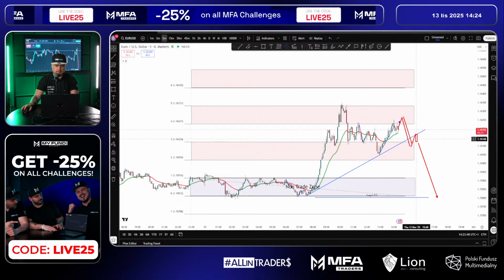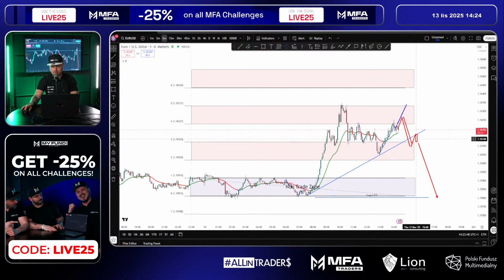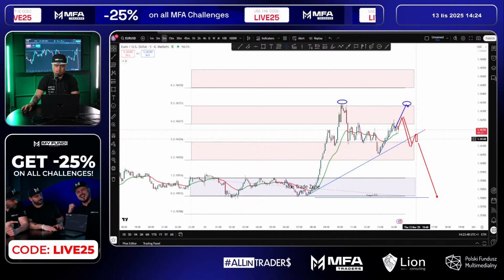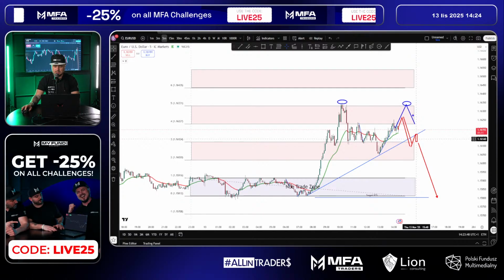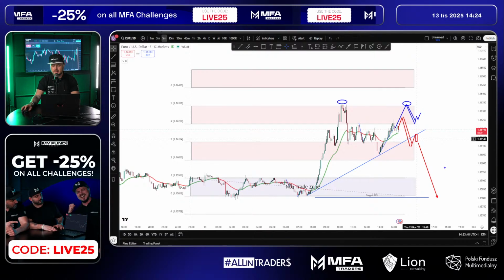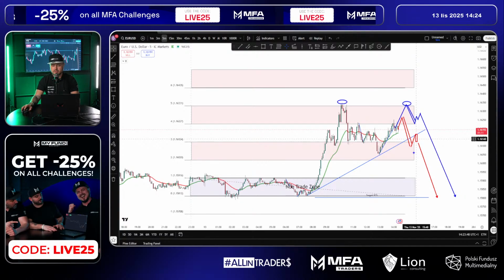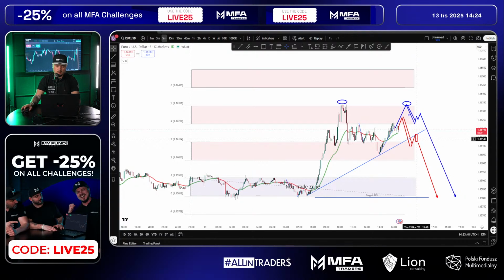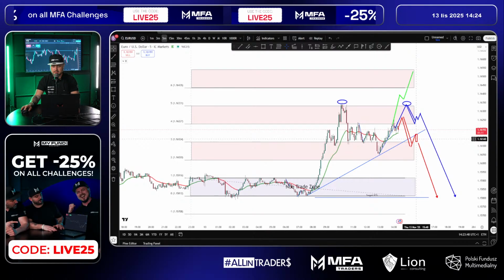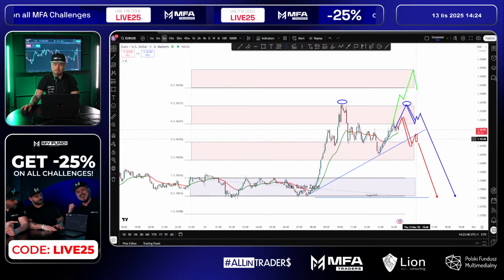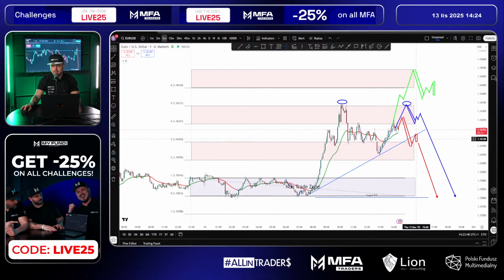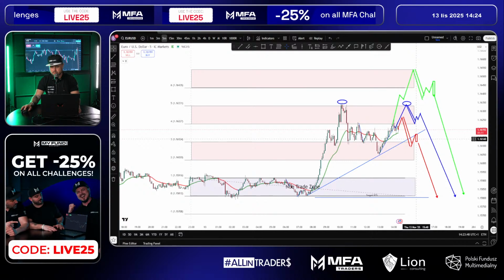Another plan saying that we should get to here, need to see double top, and then I want to see beginning of bearish rotation. We're gonna wait for correction, and then we're gonna have our chance to open the position. Or the third option, if we're gonna go even higher to this level right here, we're gonna wait for bearish rotation. Okay, and we're gonna have much more space.